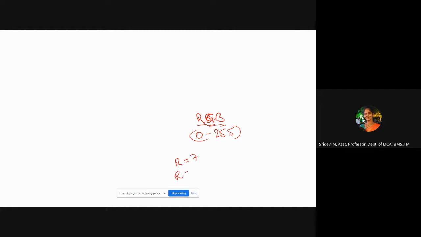But if you take 190 for R, then it is of high intensity. If you take a pixel having the values 15, 250, and 3, this pixel will have green as its dominant color.